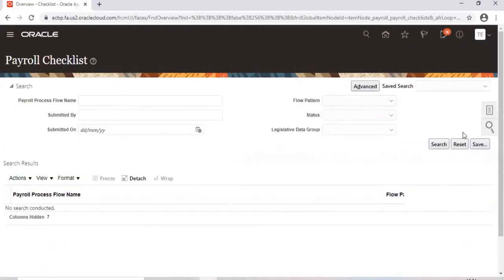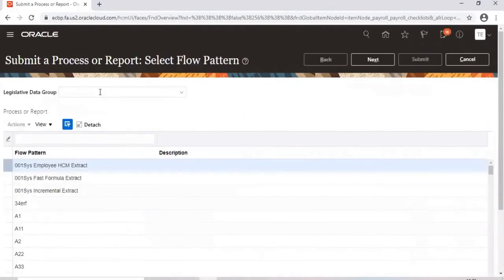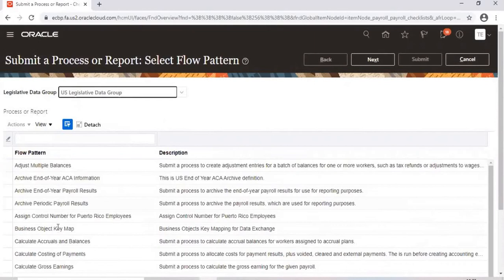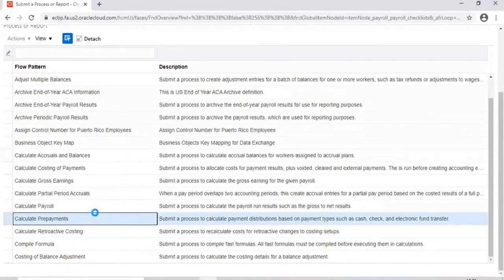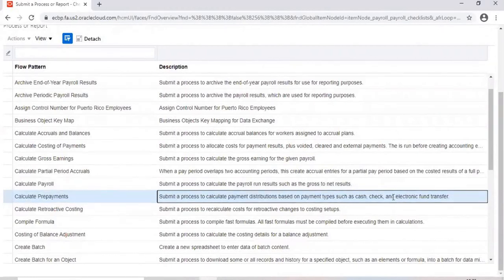Okay. Then the second process is calculate prepayments. What does this process do? This process is taken care of by distributions. Already the employee salaries have been calculated. Person X is getting 1,000, Y is getting 2,000, Z is getting 3,000, like that.